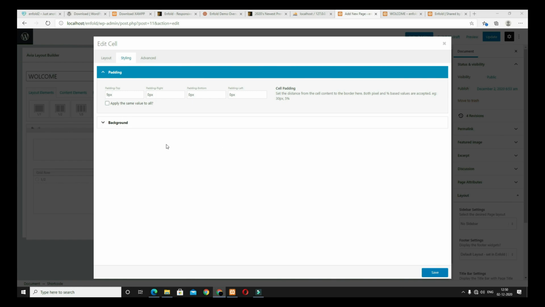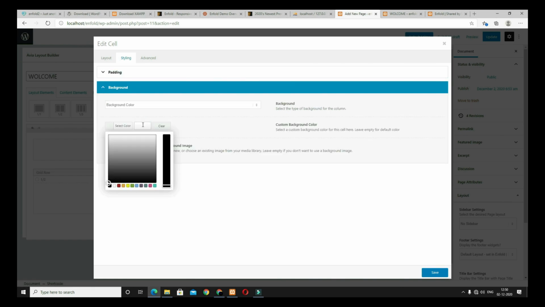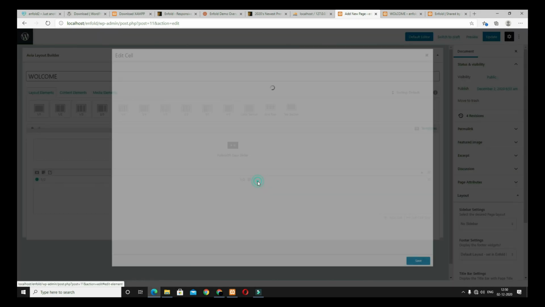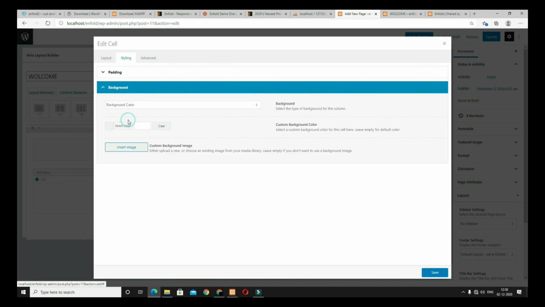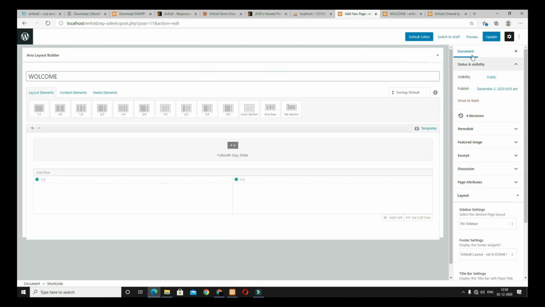Next, click on the background, and as the background color I am taking this color. Okay, next click on the save option. Similarly here also, click on this, come back to the style, make everything 0 first of all, and after that uncheck it, make it 9 pixel, and click on the background option and take this color. Next click on save changes. Now let's update it, and after that check the preview.